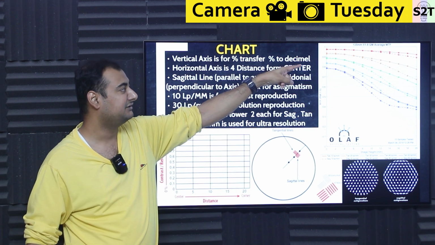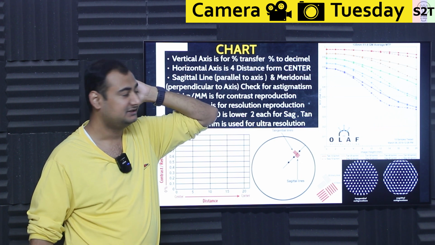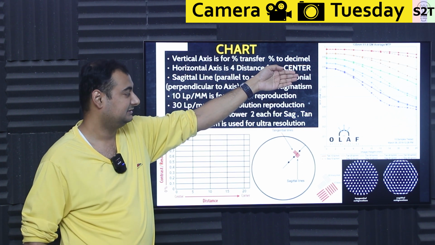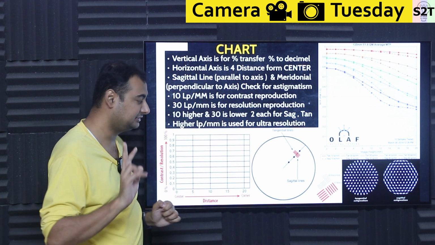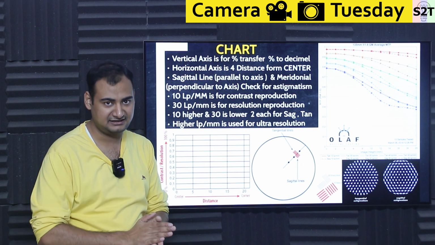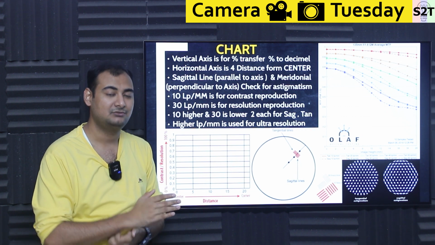It is the 135mm f/1.8 G Master, and the chart is transferring almost 80%. Be mindful, I have specified there are generally two pairs. You have 10 lines and 30 lines, right? That's the bare minimum, that's the standard. Be mindful, that's bare minimum. What if you go above that?